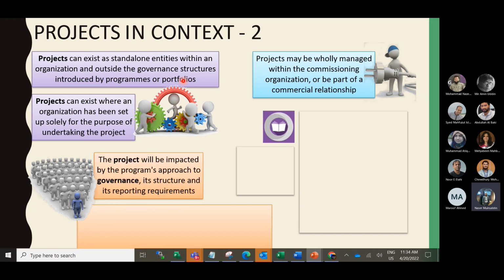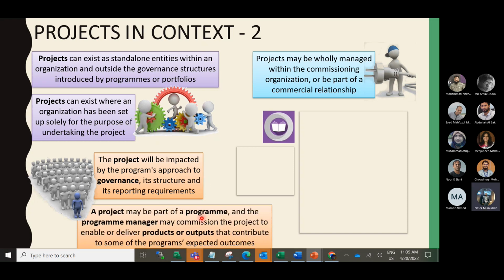The project will be impacted by the programs. As I mentioned earlier, a program might run several years. You might have 5 or 10 projects, and each project has some aspects as well. So the program approach sometimes you need to consider as well.